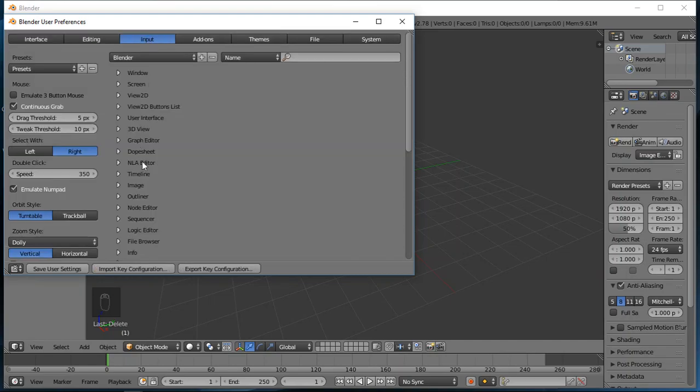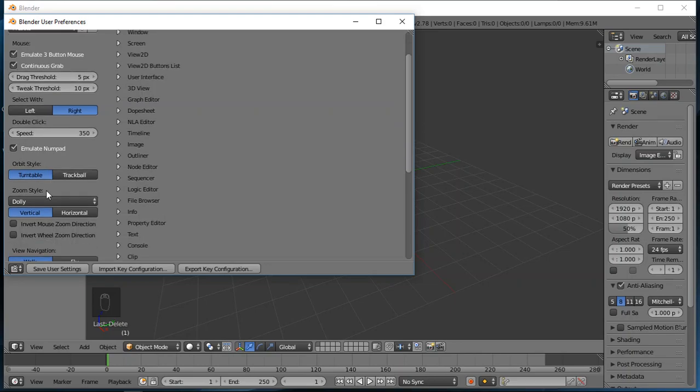Also in the input, I do need to emulate a 3-button mouse here and with the touchpad, but I do have a 3-button mouse, so that's usually on for a good reason. And I want to emulate the numpad, so I can use my number keys on the top of my keyboard instead of using the number pad on the side. So that's good. Save the user settings there, and I think we're ready to